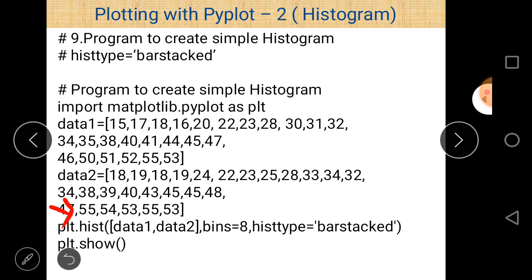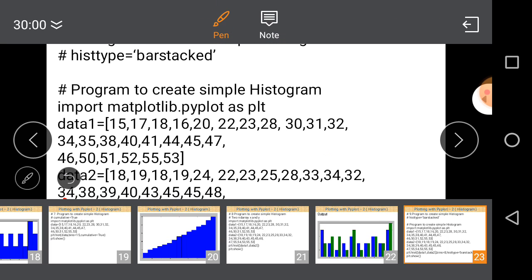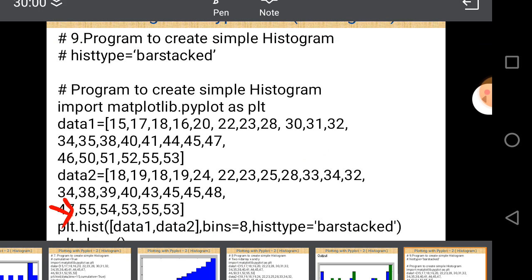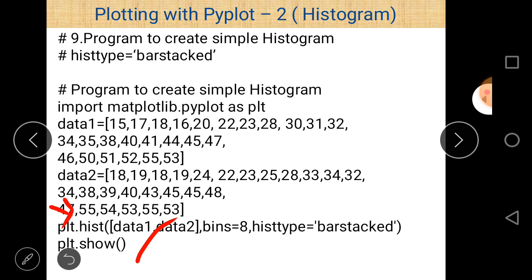Data 1 and data 2 are the two dataset values, and we take bins equal to 8 here. Histtype equal to bar stacked, and the last line is plt.show, which finally shows the output of this program.